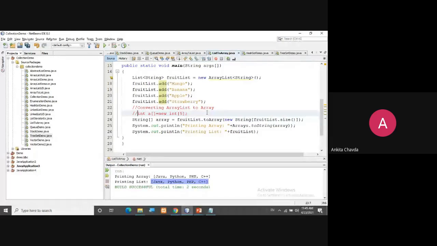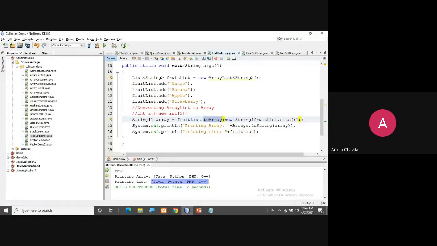Now you are converting this list into an array. For that I'll take one string array, because all my elements are strings. I have created one array: string square bracket array equals fruit list dot to array. That is the method toArray.